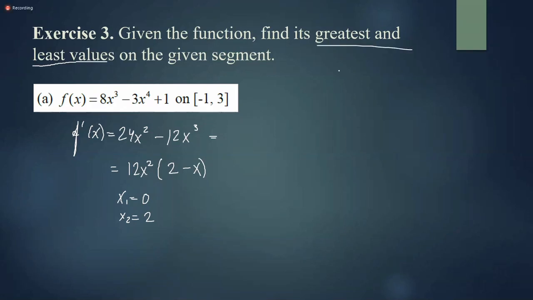And I would also like to remind you that the greatest and least value of a function may happen at a critical point inside the segment, but it might also happen at one of the endpoints of that segment. And therefore, we consider the critical points 0 and 2, and the segment of interest is from -1 to 3, actually. So in this case, what we need to do is investigate the function values at all 4